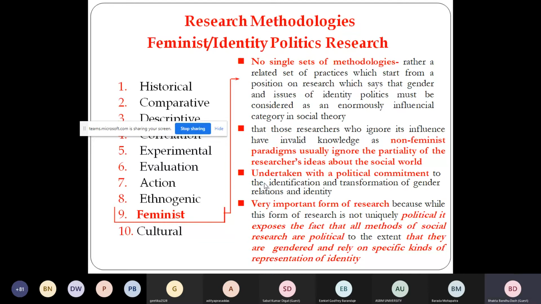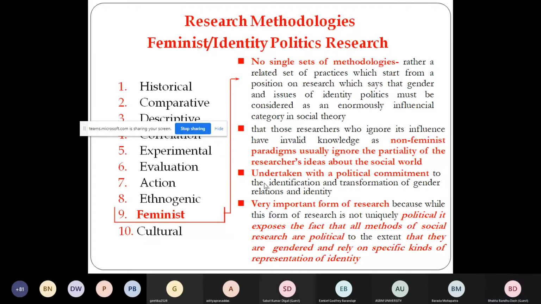No such methodology is there. No such specific principles are there. It is you who adopt your methodology and analyze the process. So those researchers who ignore its influence have invalid knowledge, as non-feminist paradigms